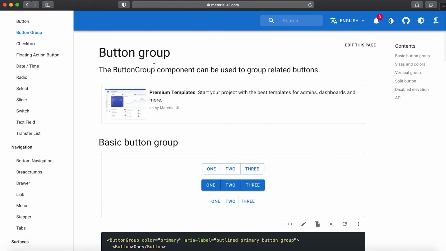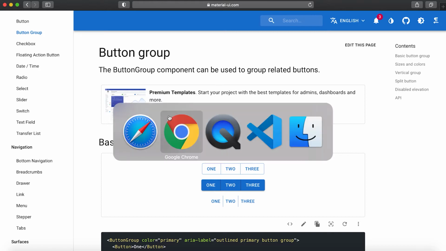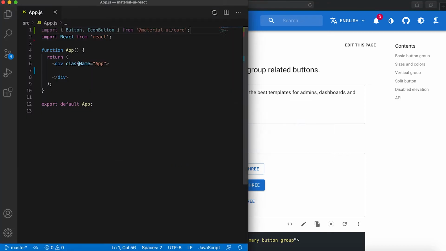One group component is defined in Material UI, and using this component we can group related buttons. To use this component, just import it from Material UI core. So we can import this button group,